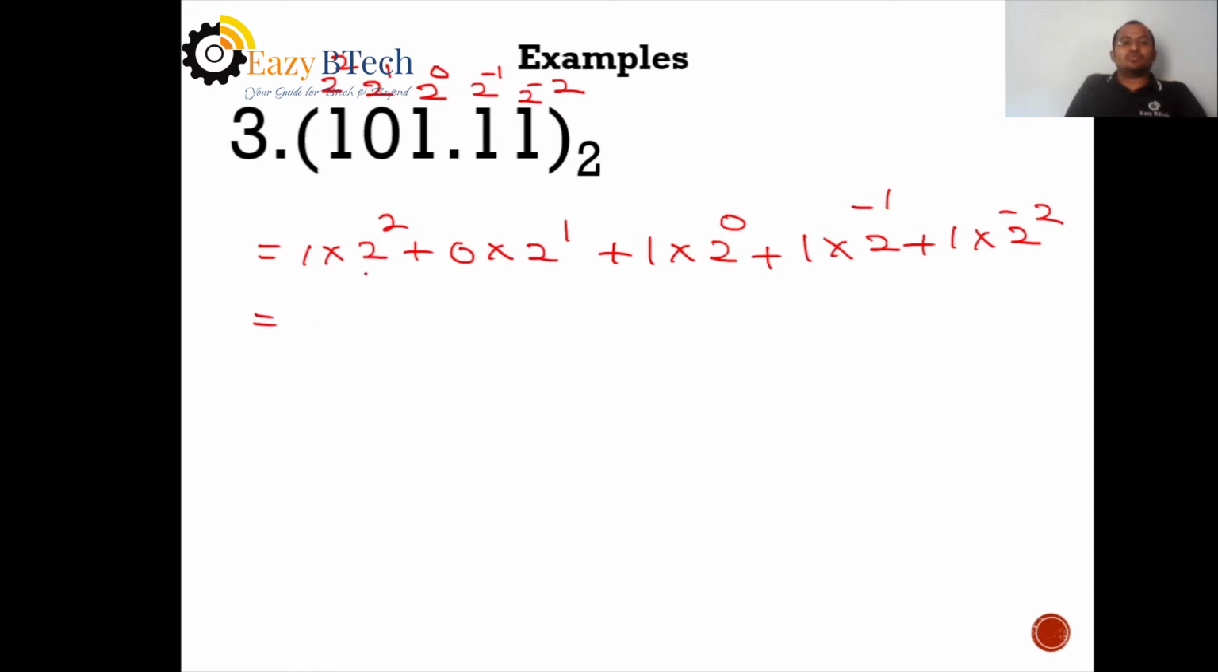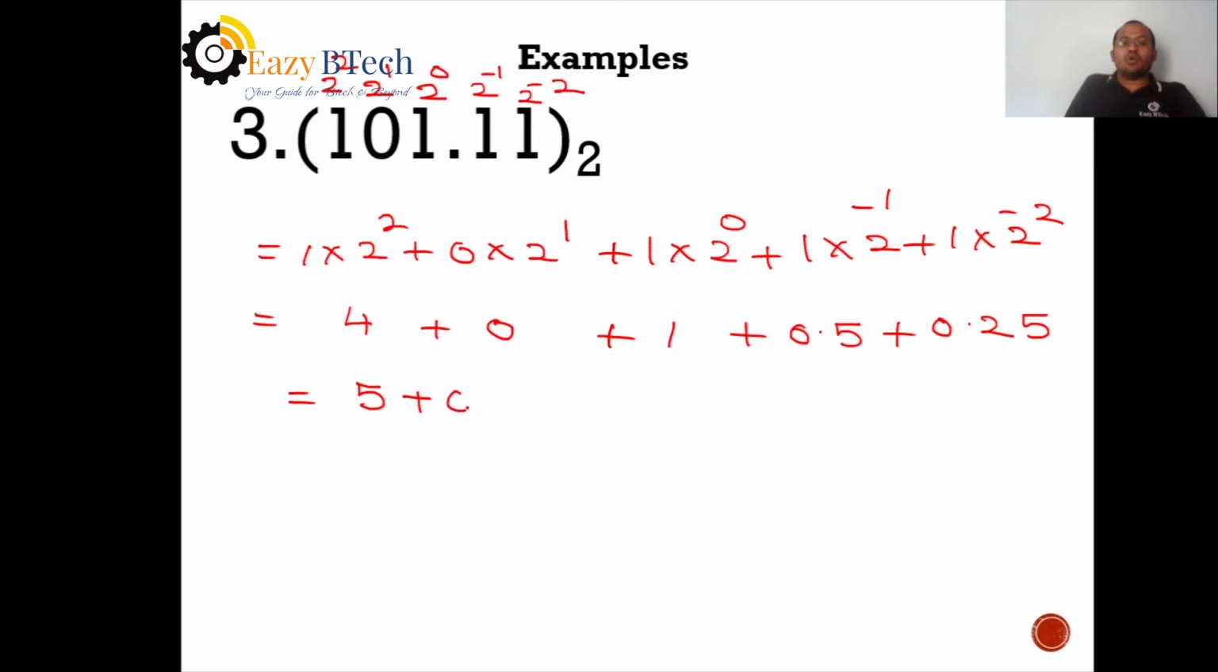Now 1 into 2 power 2 means 4. So this will be 0. So plus 1 into 2 power 0 means 1. So this will be 1. So 1 into 2 power minus 1 means 0.5. So 1 into 2 power minus 2 means 0.25. So 4 plus 1, integer part is giving 5, whereas fractional part is giving 0.5 plus 0.25,